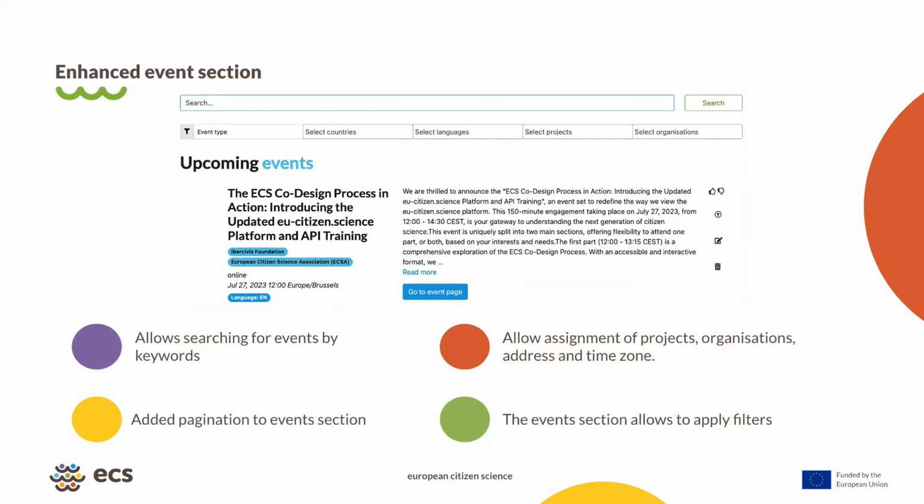But right now, in the filtering search, you can apply concatenated filters, so you could see things like events related with, I don't know, Ibercivis and European Citizen Science Association, ECSA, at the same time. I say Ibercivis and ECSA because right now they are the only organizations associated to an event, but this is the kind of potential thing that we could do. So please feel free to explore these features.